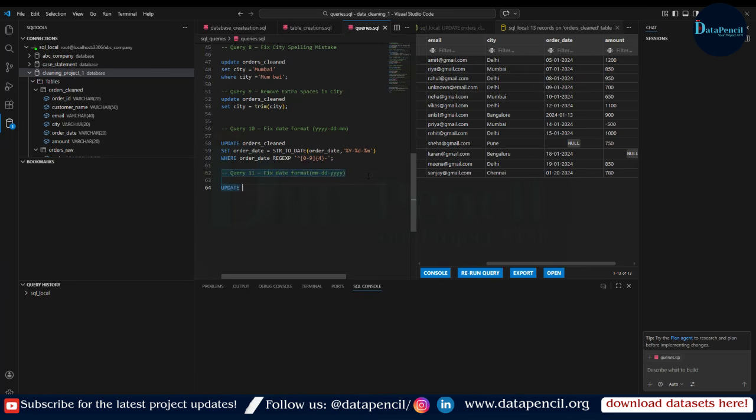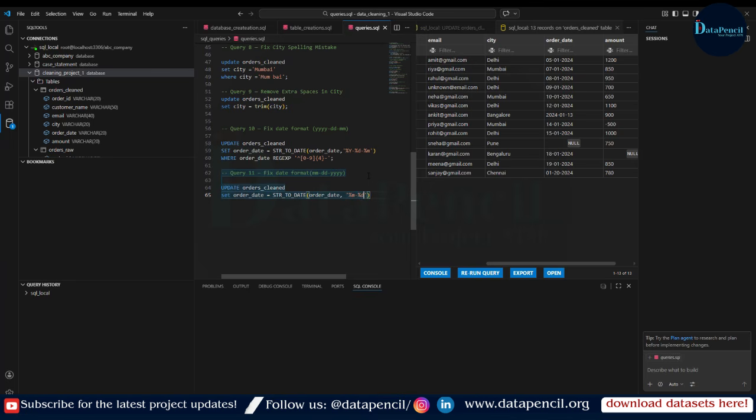We will simply use UPDATE orders_clean. Now we will set order_date equal to the STR_TO_DATE function. We will apply STR_TO_DATE on the order_date column, comma, the existing date format, where the existing date format is